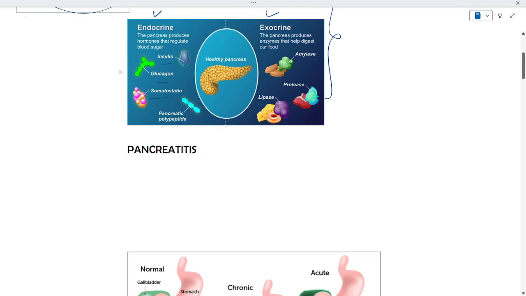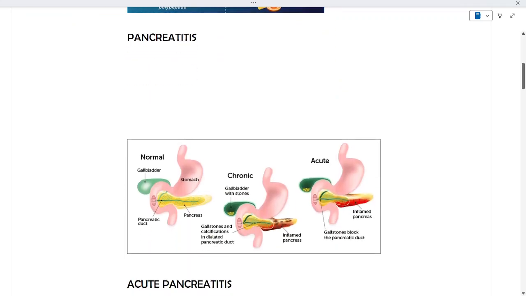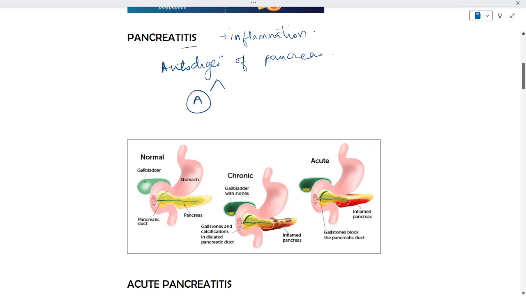Okay, so this is about the anatomy and physiology, very brief, regarding the pancreatitis. Now let's see what is pancreatitis in general. Pancreatitis, the "itis" itself suggests that it is a process where there is inflammation of the pancreas. You can also call it a process where there is autodigestion of the pancreas. It has got two types. One is the acute variety and the second is the chronic type of pancreatitis.